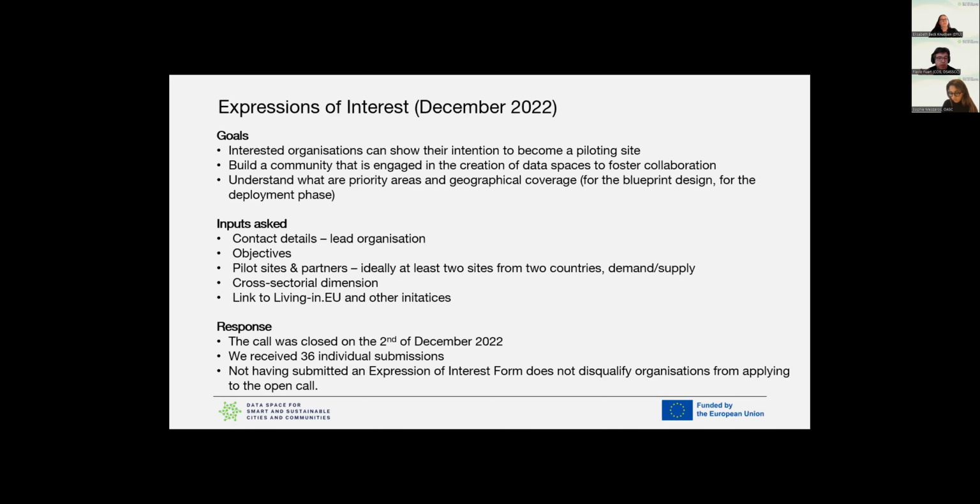First of all, this was not an open call for projects, as we already explained then, but we wanted to understand who are the interested organizations that have the intention of becoming a future piloting site. Then we wanted to build a community that is engaged in the creation of data spaces for smart cities and communities, and to foster this collaboration. So it was a first step towards the deployment.